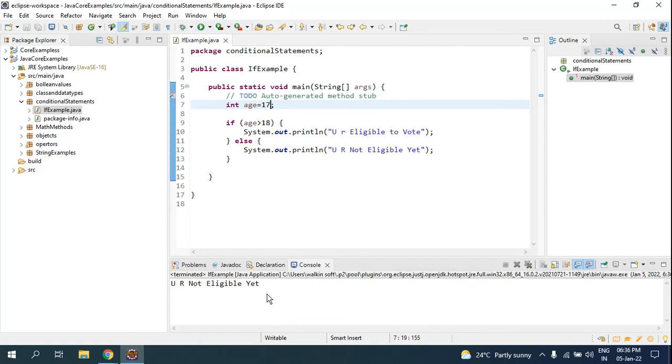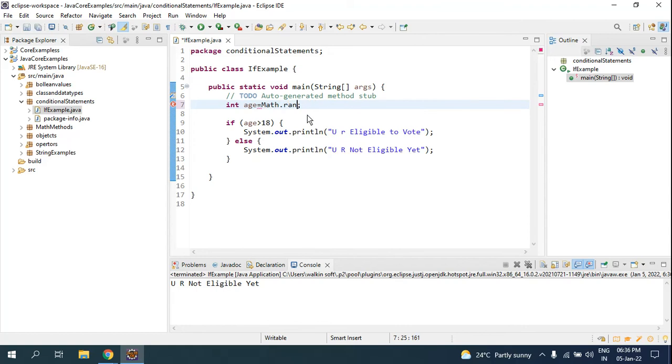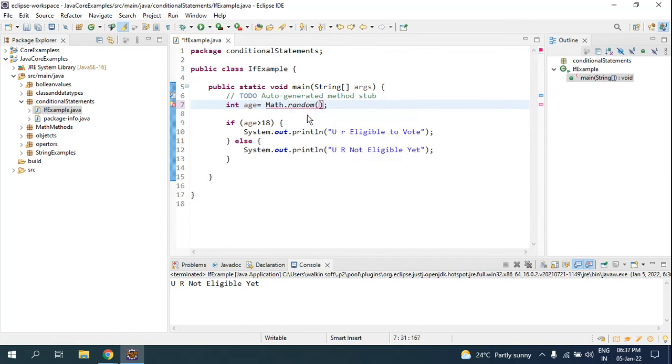Now, as I said, I will apply Math.random here, so that I'll be getting random numbers, and checking them upon the condition I will get this output. I will use Math.random.